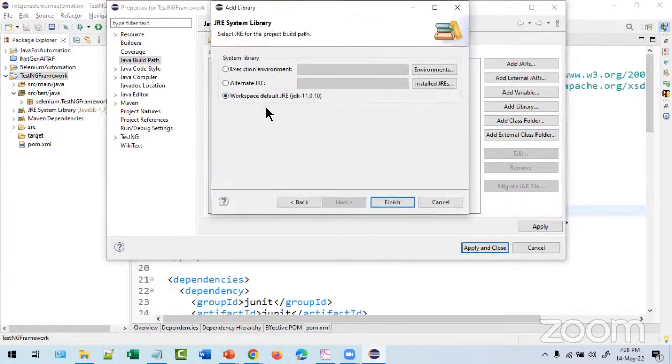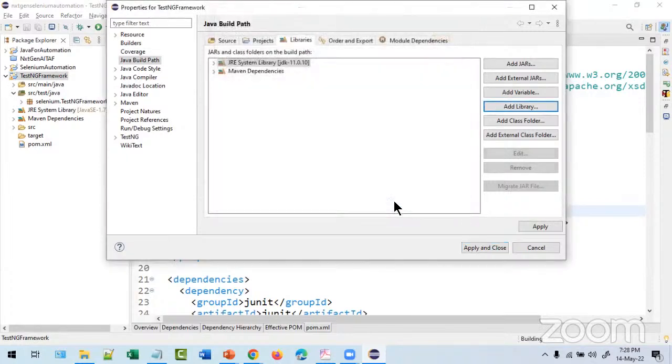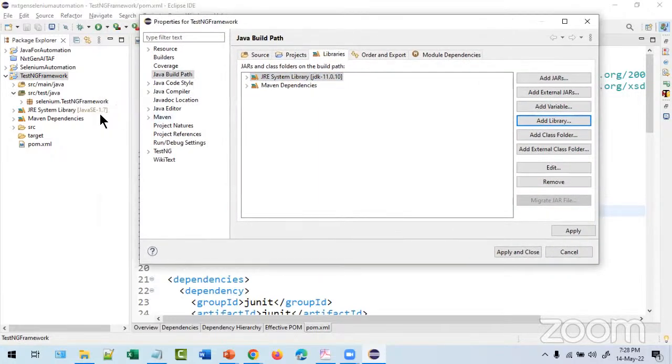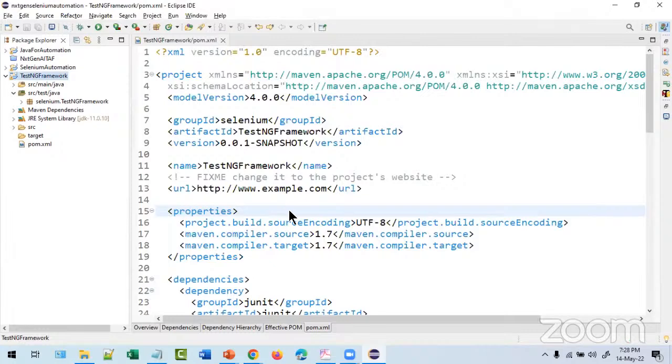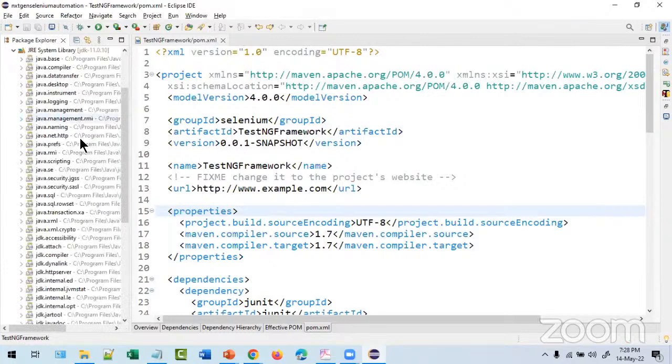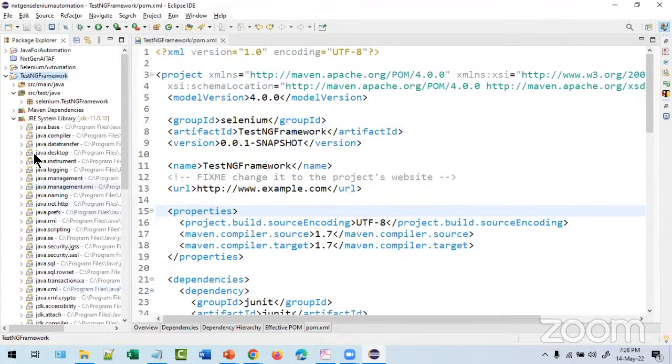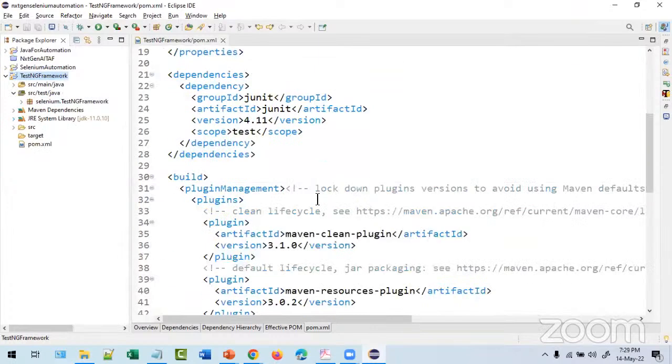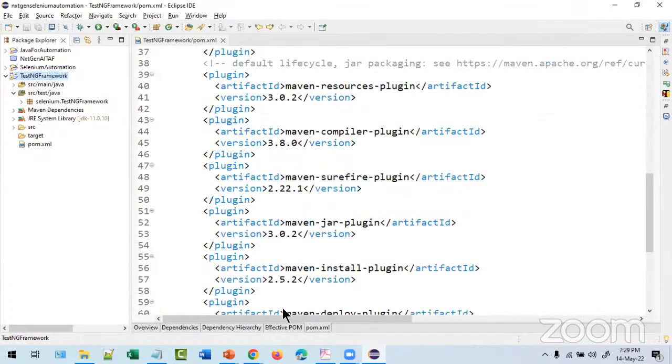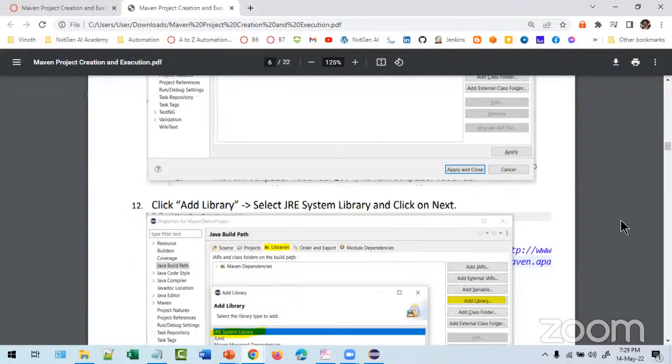Next, we are going to use JDK 11. It's already done. Click on finish. Now see here, 1.7 will change to 11. All the latest one is updated. It is always good. First step, update it.